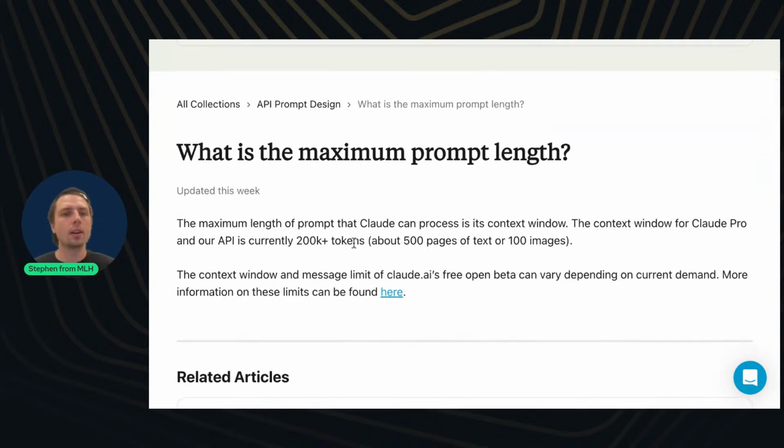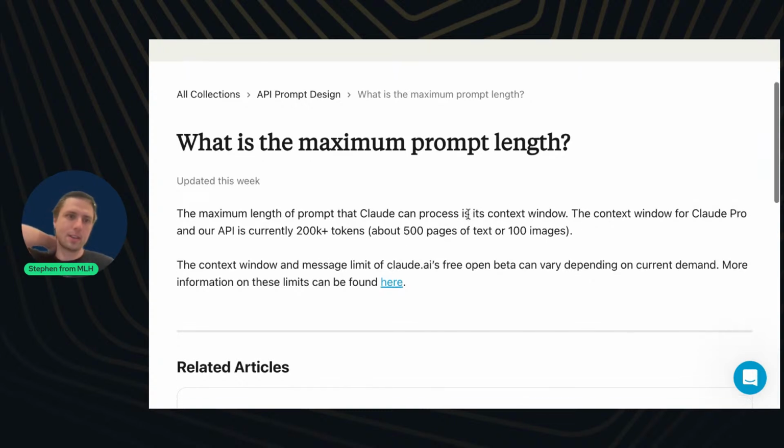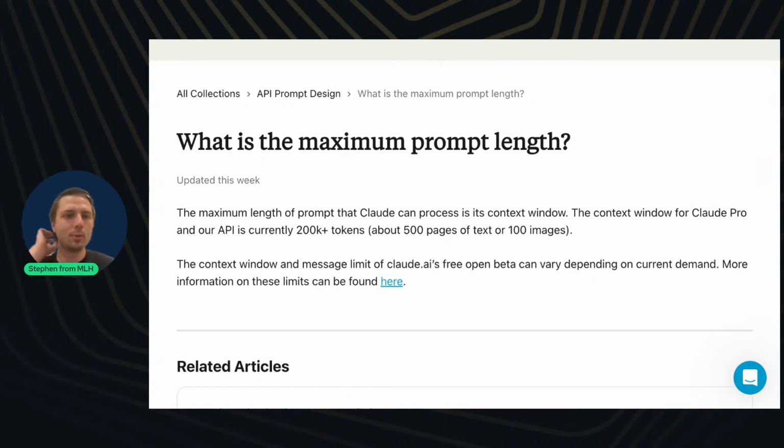Okay, so the context window for Claude Pro, if you buy Claude Pro from them, is 200,000 plus tokens. So that's about 500 pages of text or 100 images. So you could pass 500 pages of text to Claude Pro, and it would actually understand that. This is amazing.